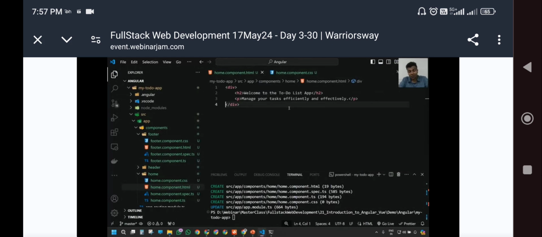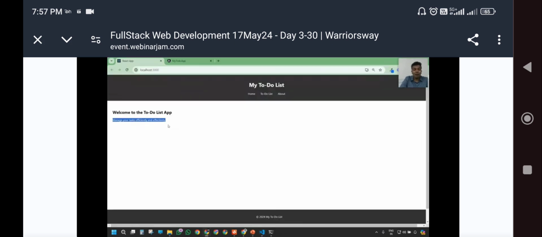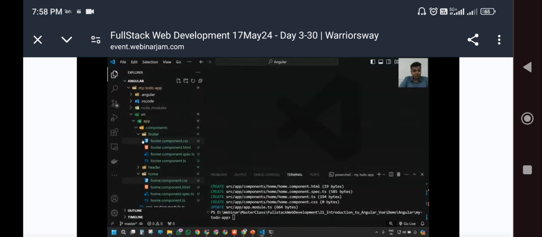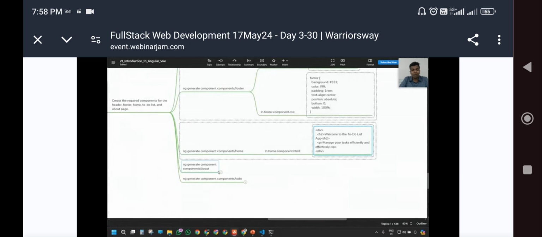In React also, I haven't done it. That's why I'm not doing it in Angular as well. So I'm going to simply add a heading tag like welcome to to-do list app, and a paragraph tag, manage your task efficiently and effectively. So likewise, we have to add two lines for our home component. So likewise, we have completed creating the third component. Okay, one by one we are doing it, guys. We have created the header component, footer component, and home component, and then we'll go for the next component